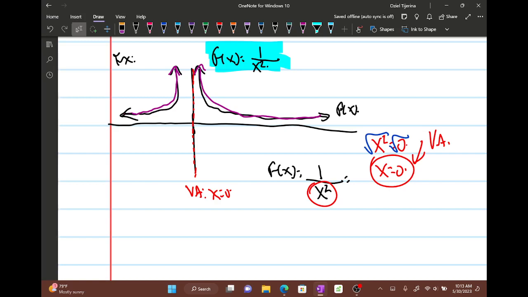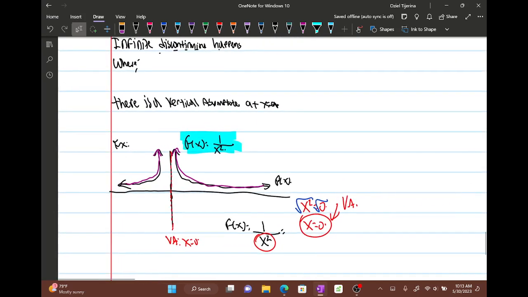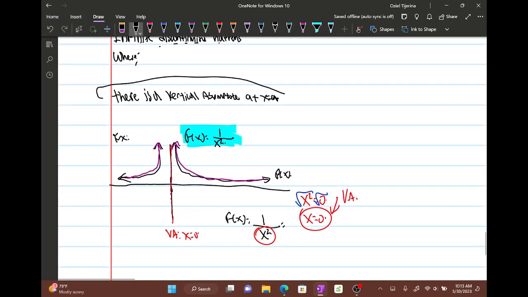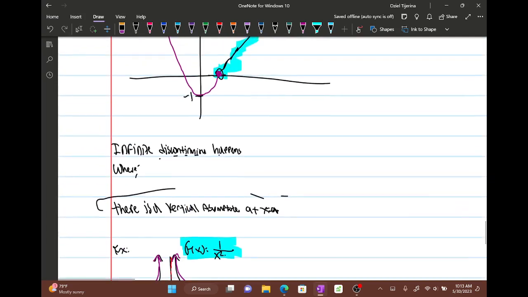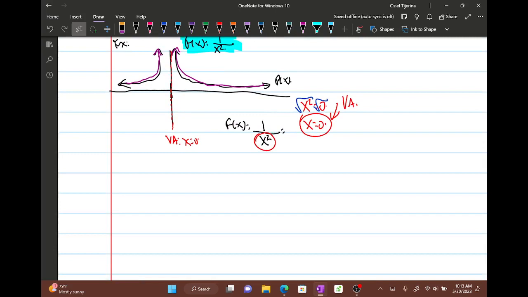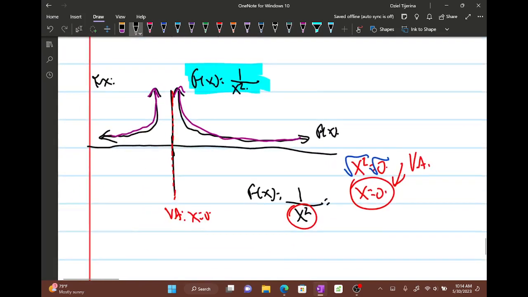What I'm trying to say here is that we have to look at this idea in order for there to be an infinite discontinuity. Do not pay attention to the limit from the left and right hand side, because if we look too much at that when it comes to infinite discontinuity, it's going to be very confusing. And I don't want to confuse you guys more if y'all are already confused. But my point here is that